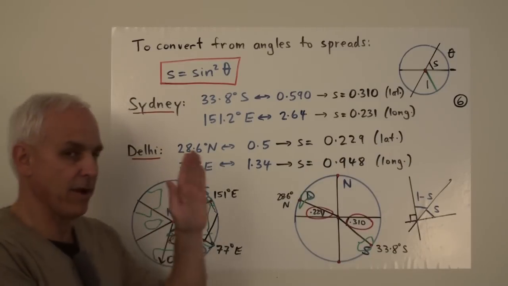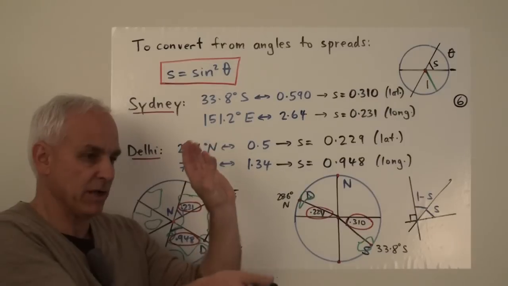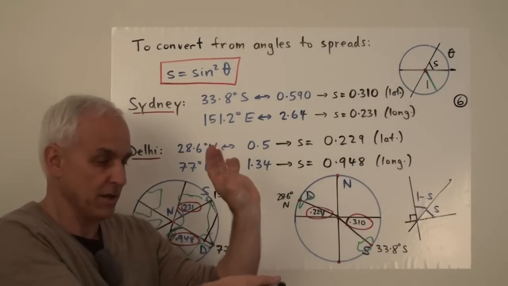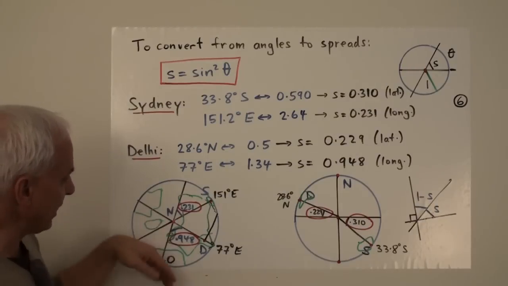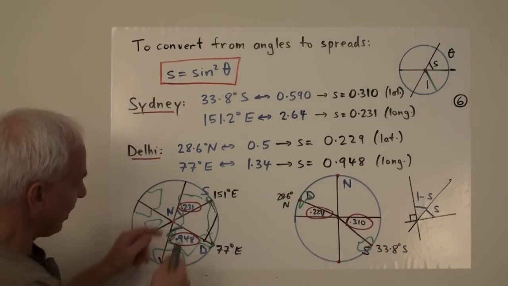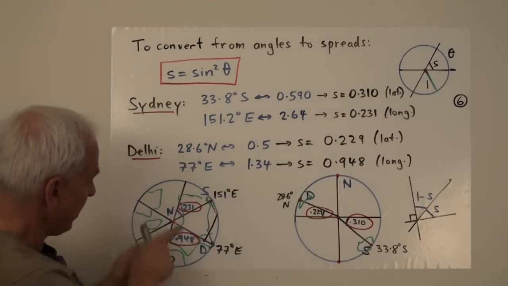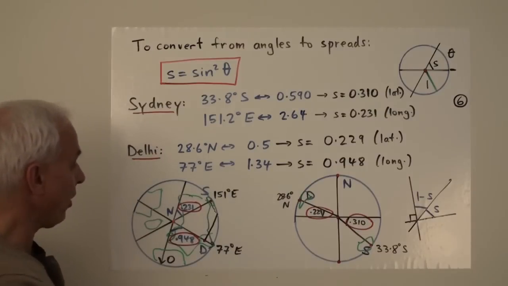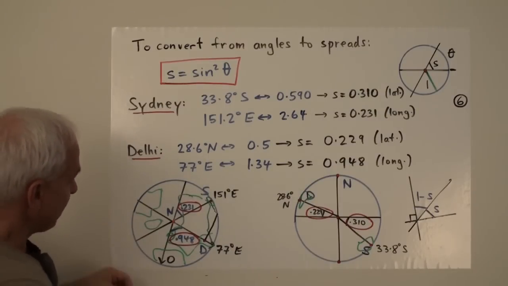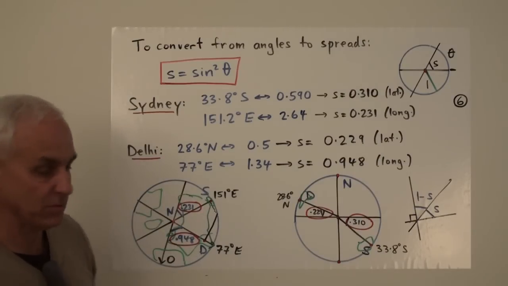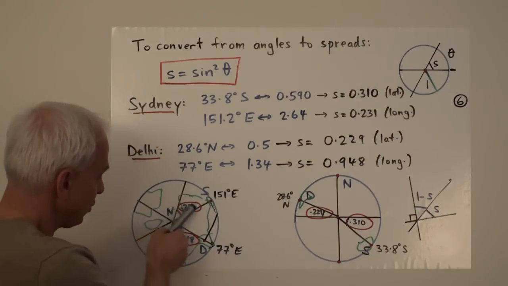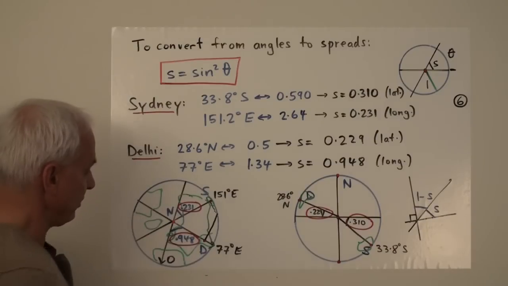It's not a linear scale, okay? It sort of has a quadratic aspect, which is especially prevalent near 0 and 1. And Sydney, well, you have to go over a little bit further to Sydney, and you actually have to go around to the other side, but in any case, the direction from the North Pole, the spread between this line and this line, spreads are only defined in terms of lines really, is going to be 0.231. There's the 0.231.